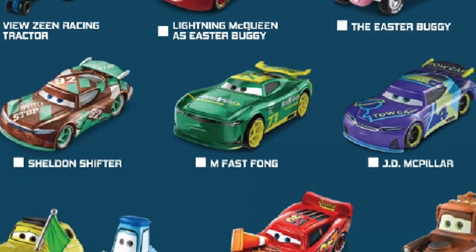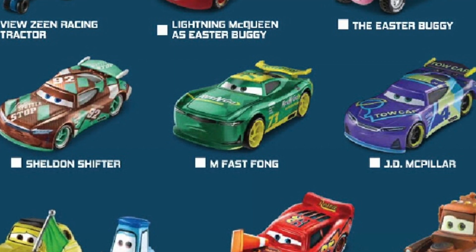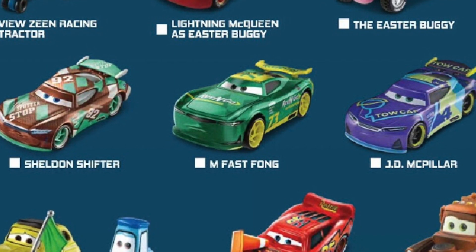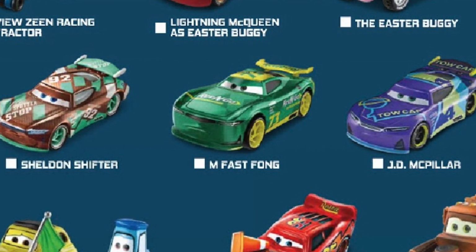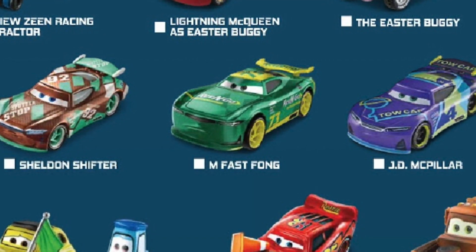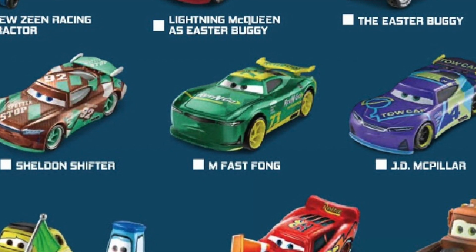He is the next gen Rev-N-Go racer, number 73, and is so long awaited because we've had the racing tractor from Rev-N-Go for quite a while now, and it'll be great to finally get the racer, and it's nice to know his name. It would be nice if we would get a name on the Cars 3 stock car version